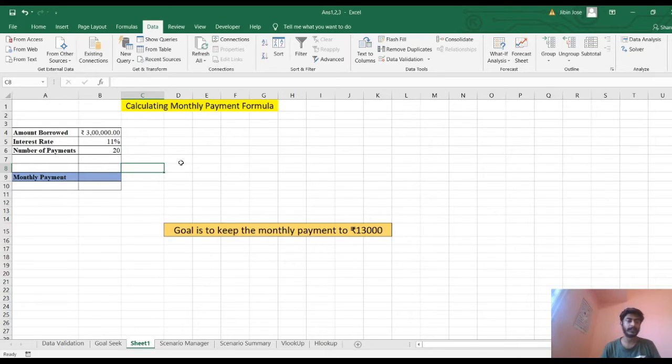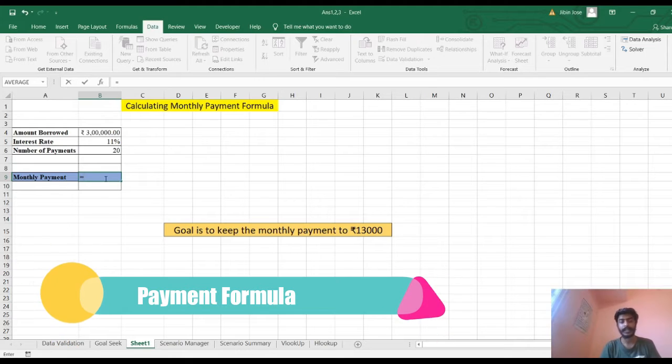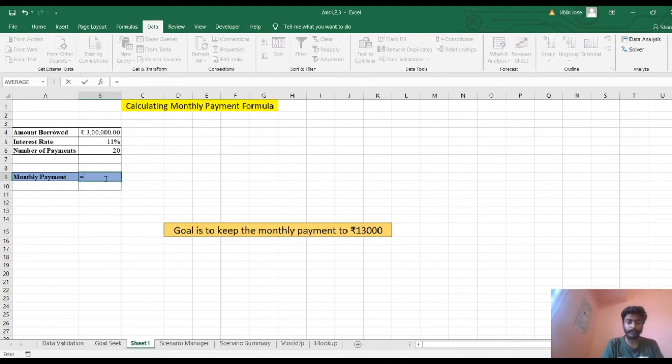First of all, let me calculate the value which I will have to pay monthly if I borrow this particular amount, that is 3 lakh, with an interest rate of 11% and monthly payments over 20 months. First, let me use the formula PMT. PMT is a formula for payment. PMT stands for payment. So in this case, I'll be using the formula PMT,